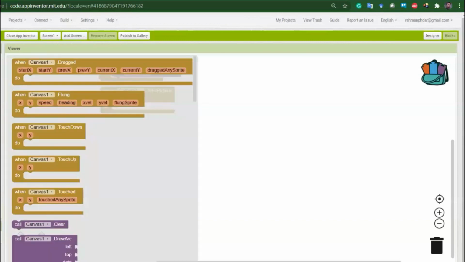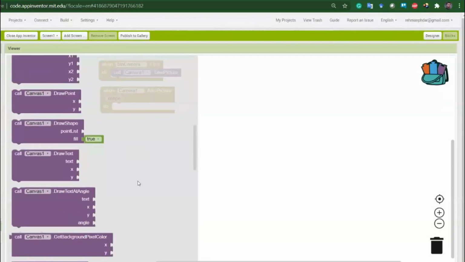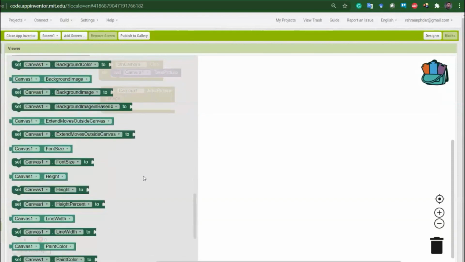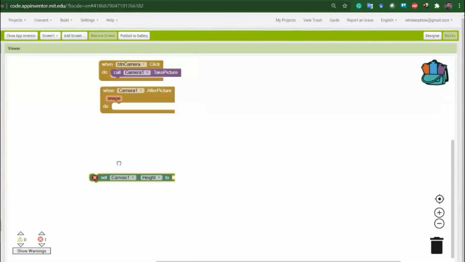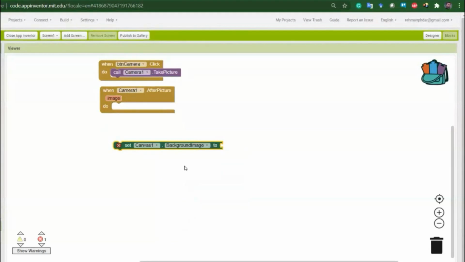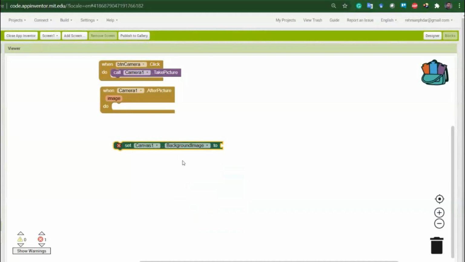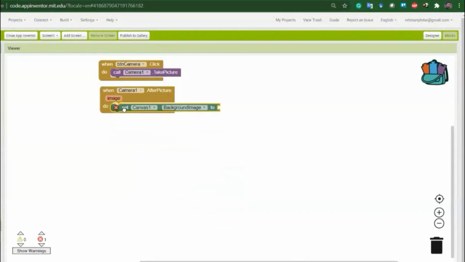So click canvas, and now in the canvas we want any set property, and here we can change the canvas background image. Canvas background image. So this canvas background image should be set to what? To this image that we got. This one.